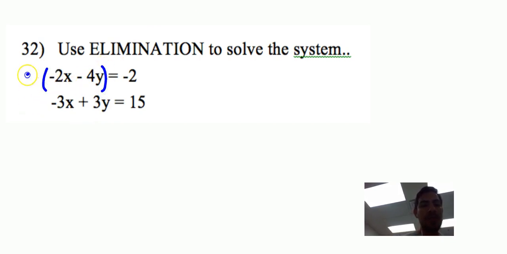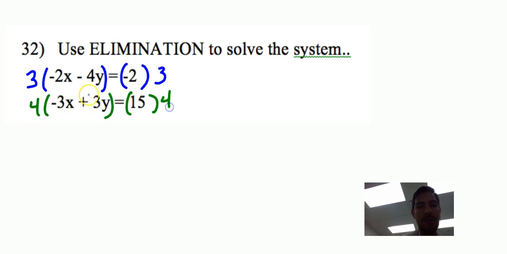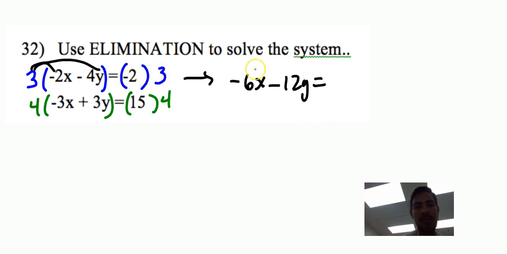So I need to make them the same. I'm going to multiply both sides of the top equation by 3 because I anticipate getting a negative 12y. So the bottom equation, I need a positive 12. So what I'm going to do here is multiply by 4 to get a positive 12. Both sides of the equation, of course. The top equation is going to become negative 6x, and make sure you're distributing, minus 12y